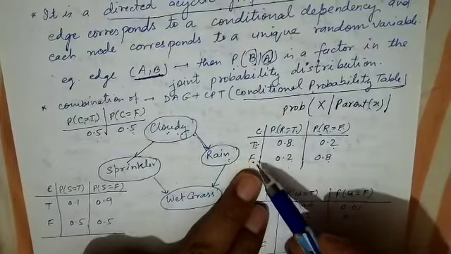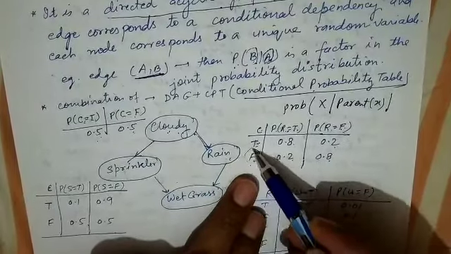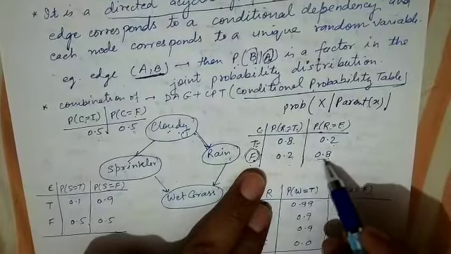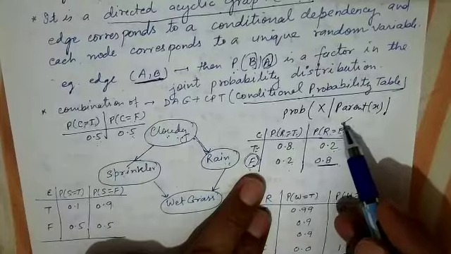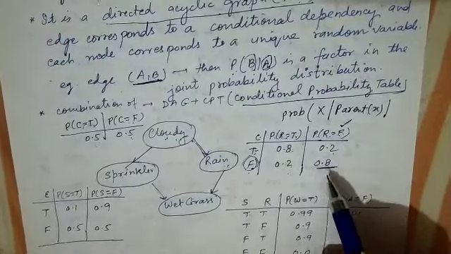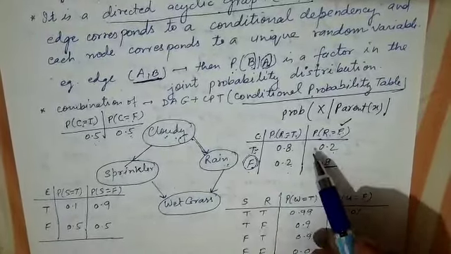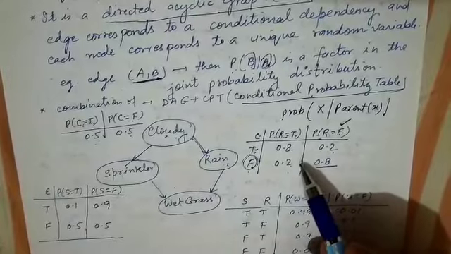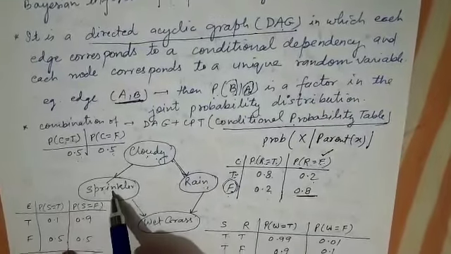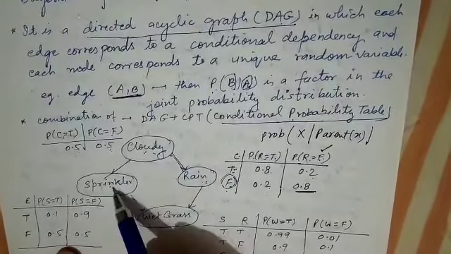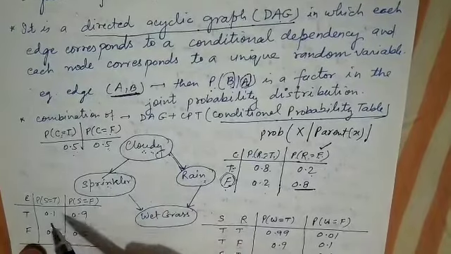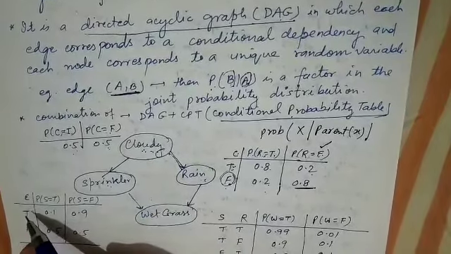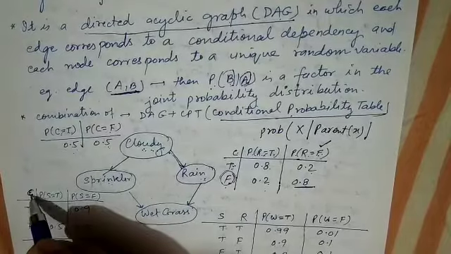So it means if the sky is not cloudy, it is false, then there is an 80% chance that the rain will not happen, because rain is equal to false here. Just see how the conditional dependency based probability is used here. Now sprinkler: its parent is cloudy, so it will be dependent on cloudy. So the conditional probability is based on cloudy. This is C.